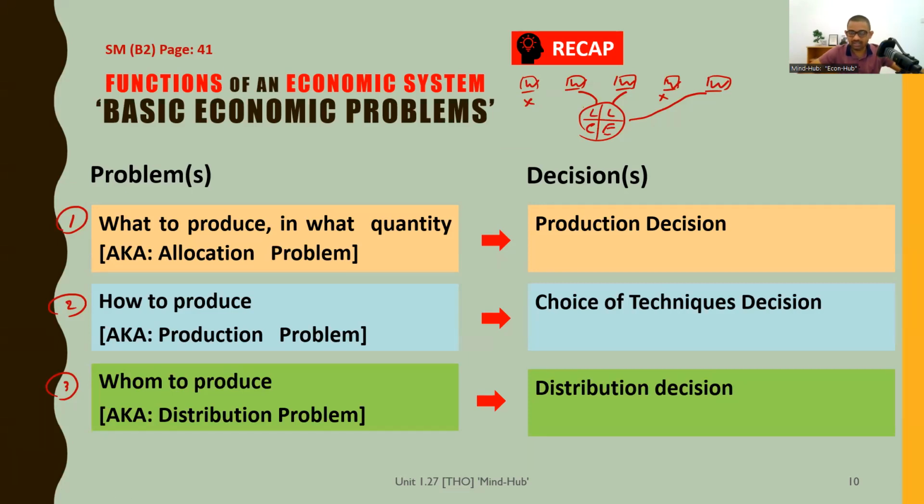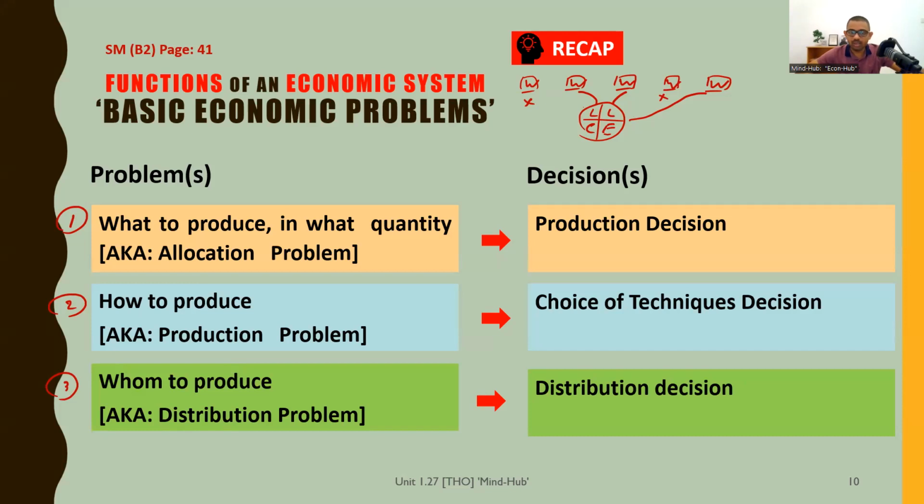Every society, every country has to make a cake. Got it? Which means every country has to produce goods and services. That is the only way to satisfy our unlimited wants and through that our needs. Okay. But to produce this cake, every country only has a limited amount of wheat flour, limited amount of